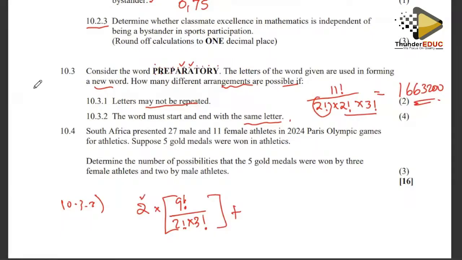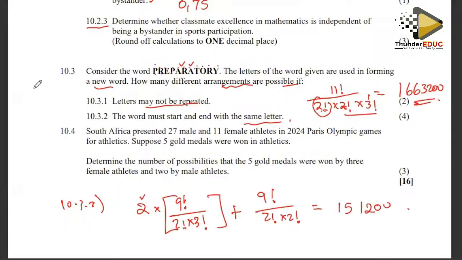The reason why I'm multiplying by 2 is because we have 2 factorials. So if I'm using the 3 letters, which means starting with R and ending with R, I'll just be left with a 1 factorial. So it's going to be 9 factorial over 2 factorial times 2 factorial. And when I punch this into my calculator,